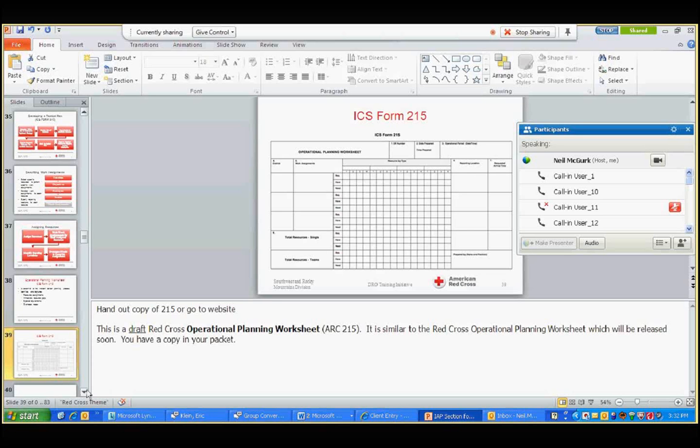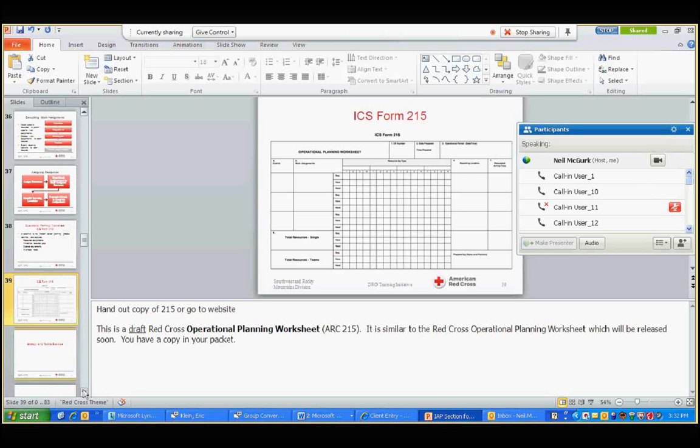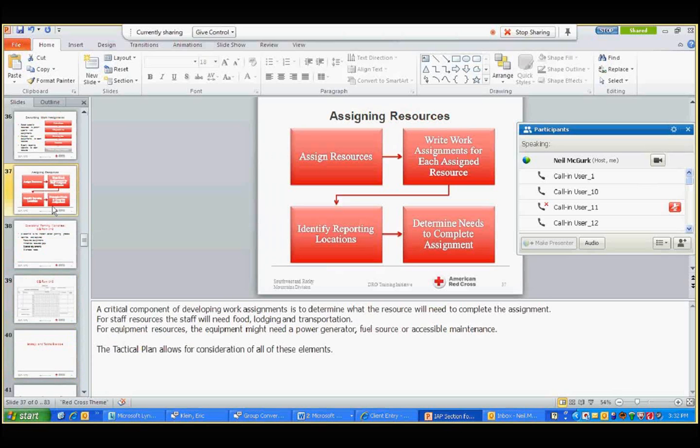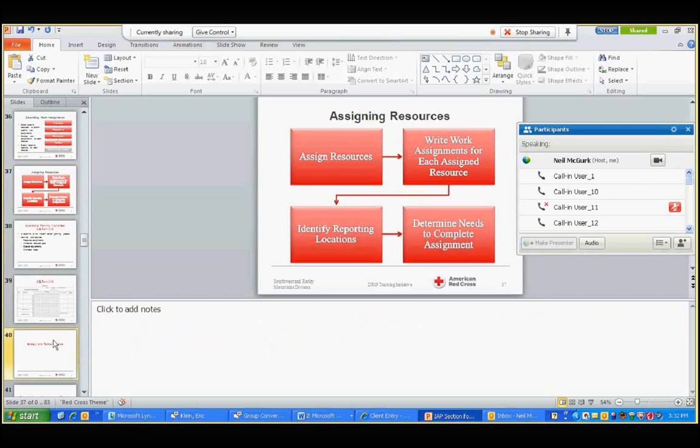And then at this point, you're also going to briefly mention the Red Cross 204. You can back up a little bit to go into assigning resources and talk about the 204s, and that's part of the IAP. And stress that the 204s are created just by the planning section. So nobody else is going to create them, but everybody else is going to be a user of that information. And you'll talk about the IAP and the components and the 204s coming up here in just a moment. But that's just an opportunity to engage them in that and just to introduce it.